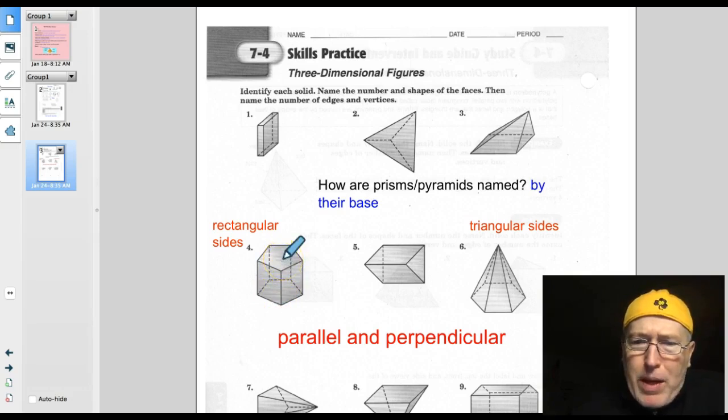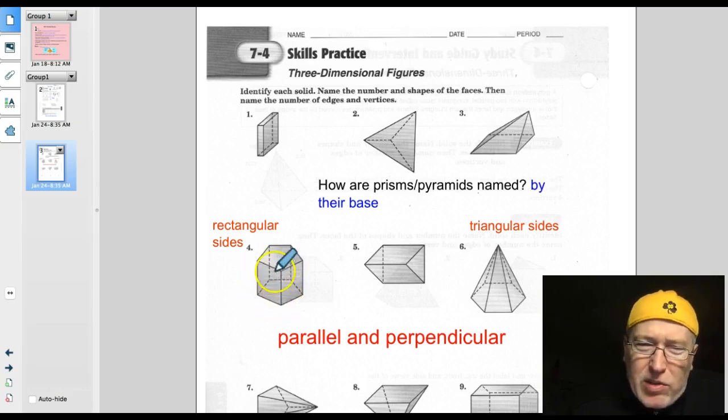Important to remember that those bases are going to be parallel to one another, and they're going to be perpendicular to the sides. Notice this is a right angle formed at this edge here. Perpendicular means at a right angle. Don't forget that all of the sides on a prism are going to be rectangles. Now that's a kind of a given up here on this rectangular prism, but here are the 2 bases, and the 2 bases are connected to each other at right angles with these